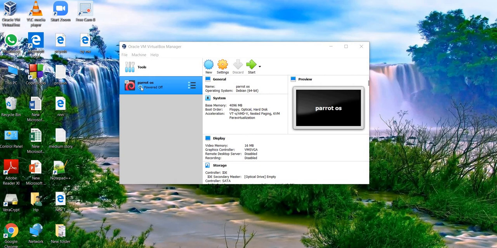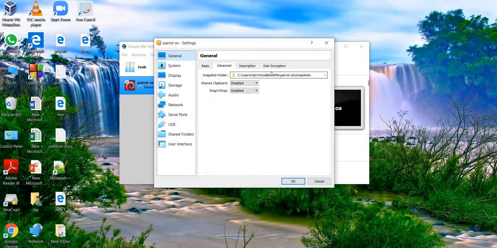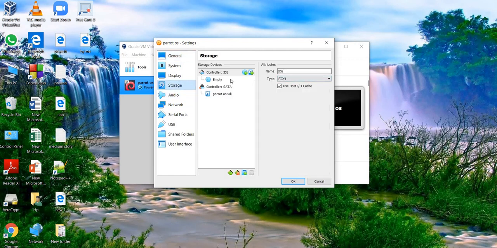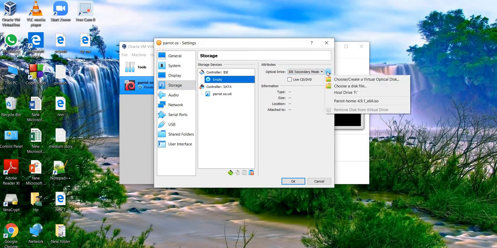Now here we can see that Parrot OS is added in our VirtualBox. It is not fully installed. Now we are going to install this Parrot OS fully. So go to the Settings option, go to Storage and Empty. Click on this icon.